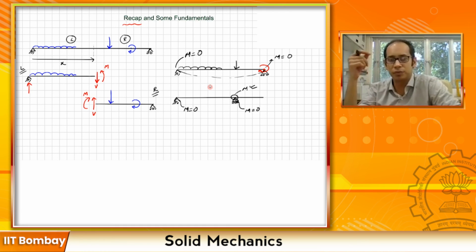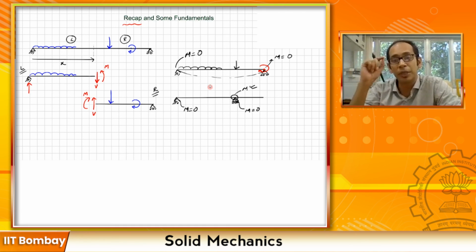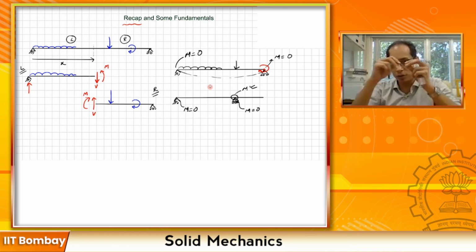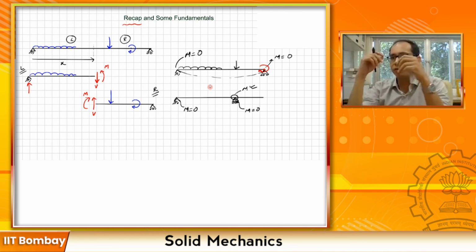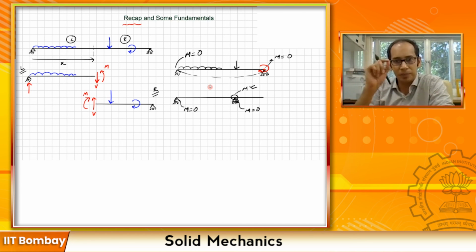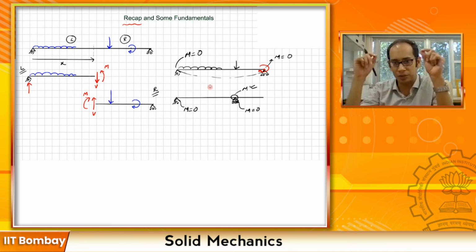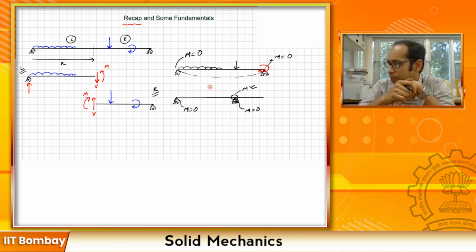Remember, we draw the shear force diagram and the bending moment diagrams for the beams, not the pins. It is along the length of the beam. So if there is no external moment at the pins and or the rollers, and as long as the pins and the rollers are at the extreme ends, you will not have any bending moment, right?